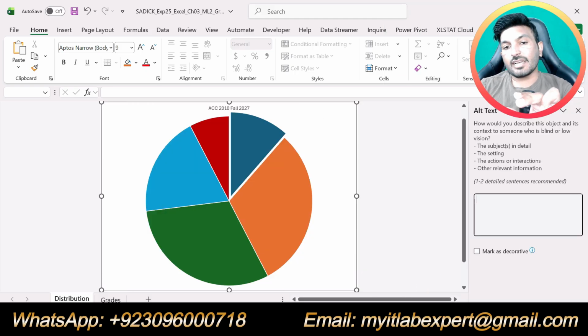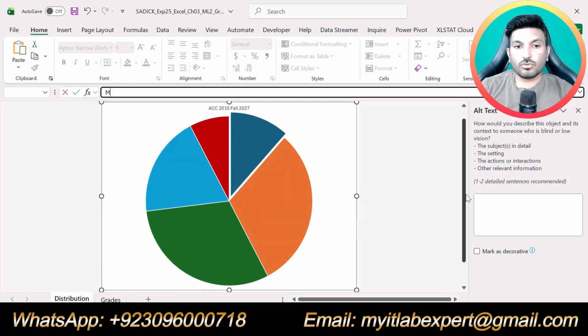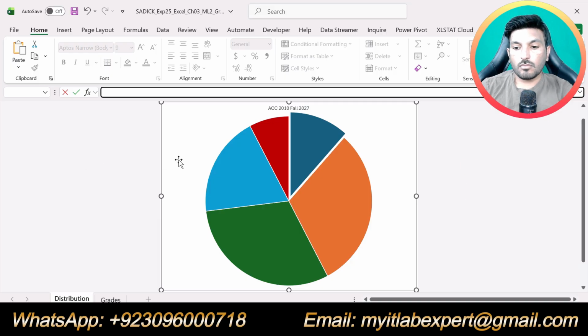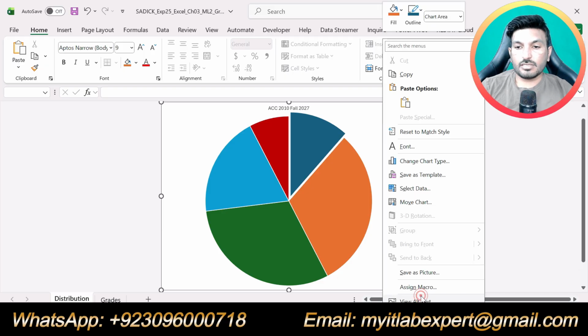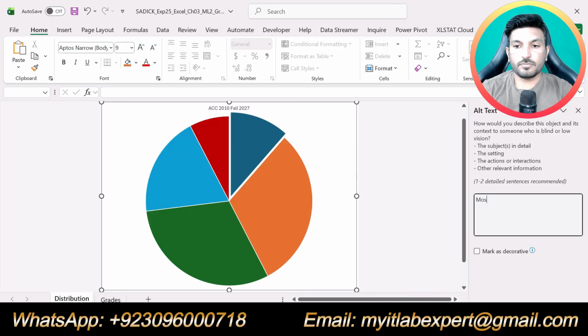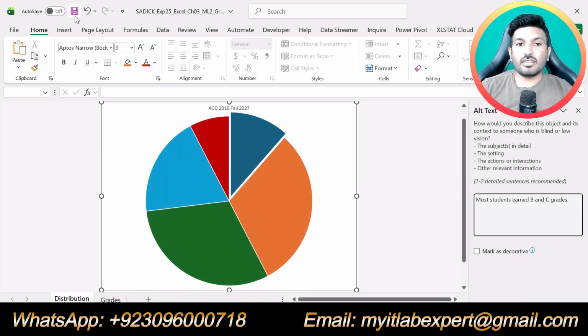So now in this alt text box we are supposed to type most students earned B and C grades, including the period, and just click on save.